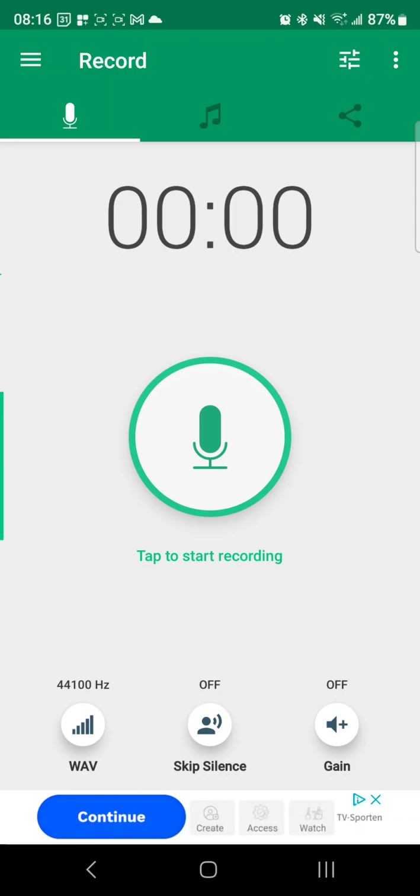So it worked the first time. It asked me for permissions to use the microphone, asked me for permissions to record data on the SD card, and when I did playback, it asked me for permission to retrieve the data from the SD card. But here we go. So I got the app open, I'm on the record,